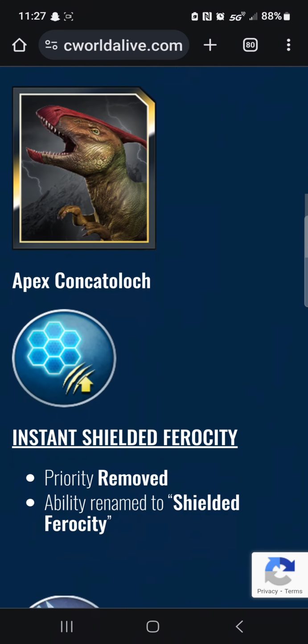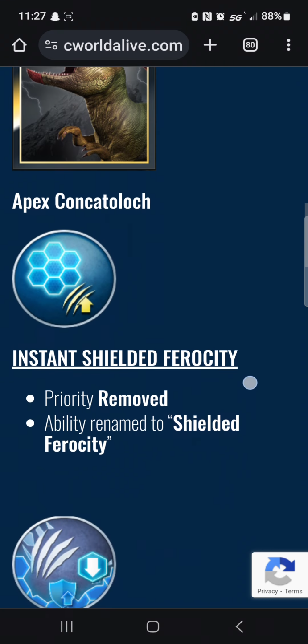Here they are. CONCATOLOCH nerfs, okay. I'm gonna guess it's getting all nerfs. I doubt it's getting buffed at all. Instant Shielded Ferocity is now removing priority. I don't know how I feel about...